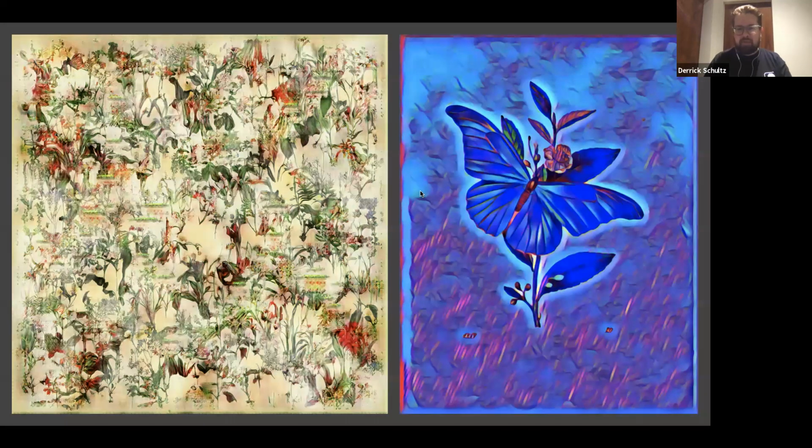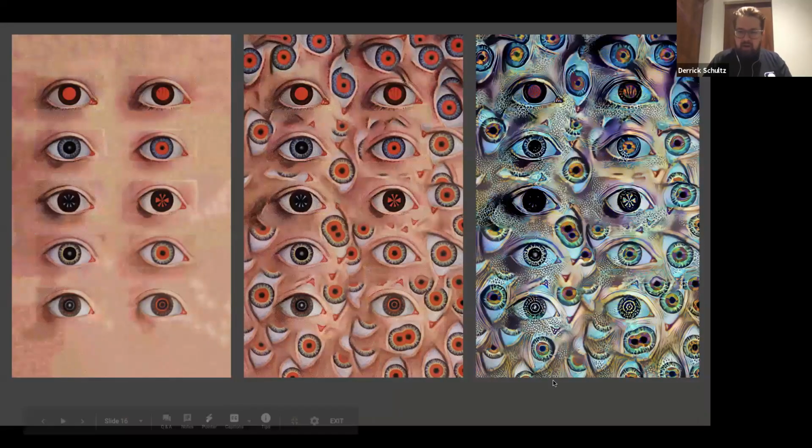And now I'm producing work that looks a little bit more like this. This is a piece I did for Baffler magazine. And this is a little bit more of a process piece. So the image I found online on the left, I then converted into the thing in the middle in Photoshop, and then I did a style transfer on top of it. So this is sort of what we might talk about, how an artist might work using these tools. This is literally a tool chain where the last part of it is a neural network and machine learning. So this is kind of the work I make now.